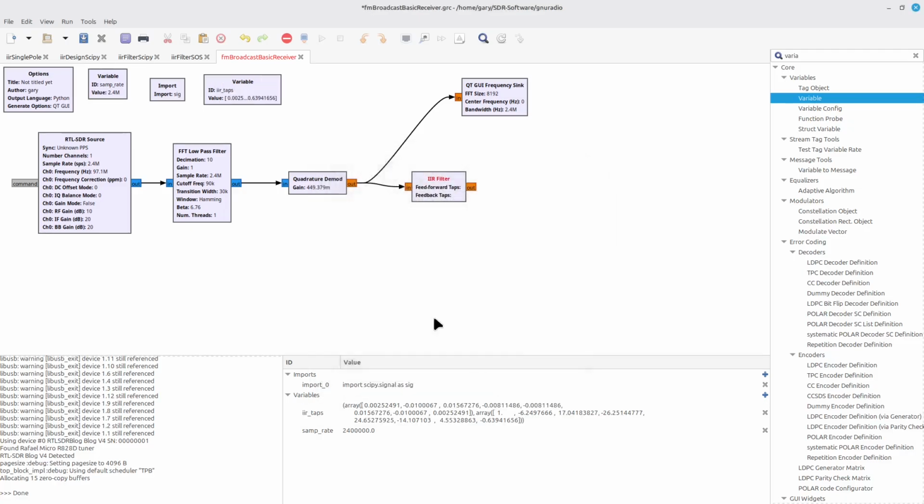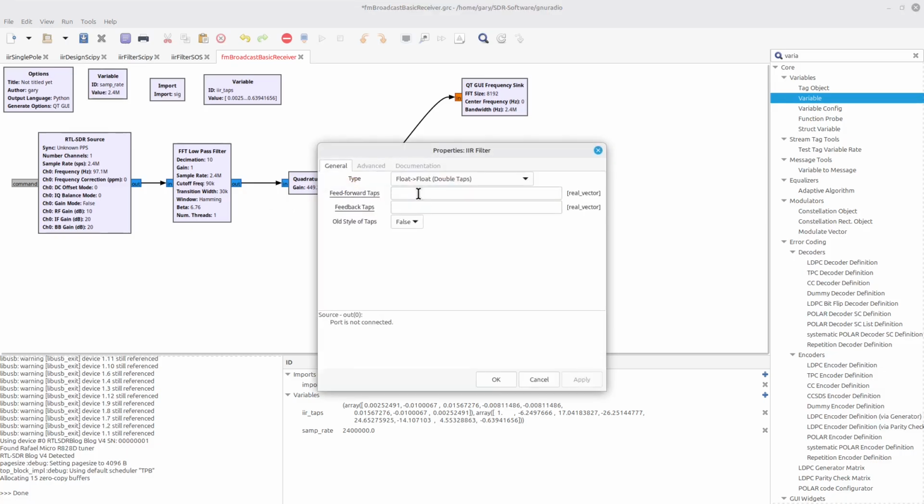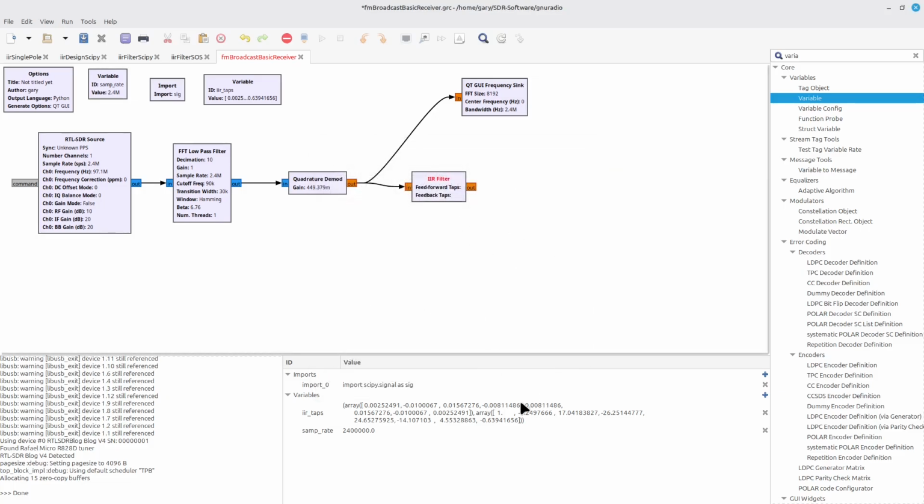Click apply, click OK, and now I'm ready to actually put them in here. In this particular case, I'm going to come down here and I'm going to say IIR taps. The first set of taps, actually before I do this, let me cancel that, come back to here. If you look down here at the bottom, you can see the taps that have been calculated by the IIR design statement.